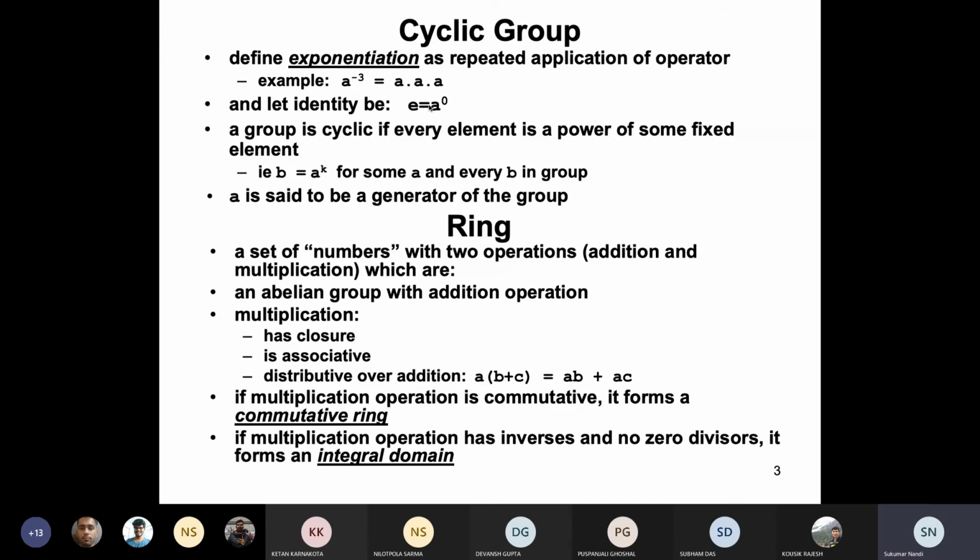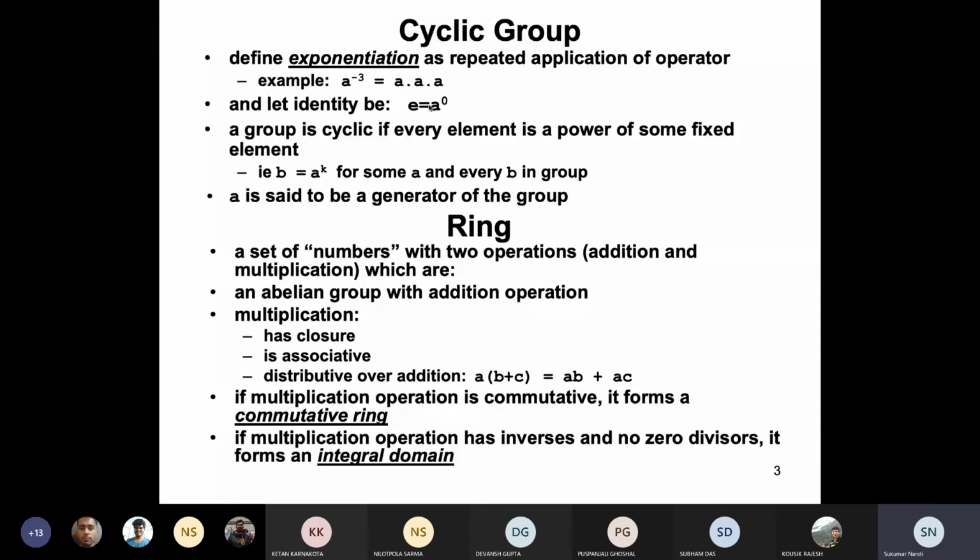So if exponentiation of one element can generate all elements, then that group is called a cyclic group. One element's powers can generate each and every element in the set.